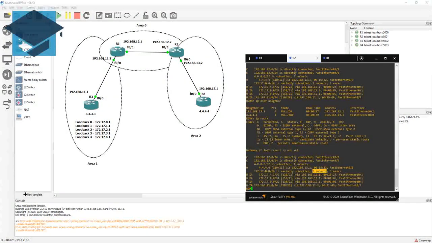This sums up our understanding of multi-area OSPF, as well as how we could summarize the information from R3. Now from R2 and R4, you can ping any of these loopbacks, since they are part of this area 1. The next